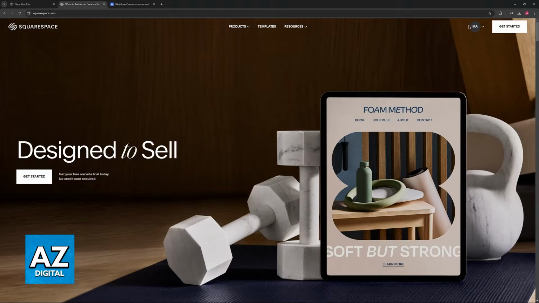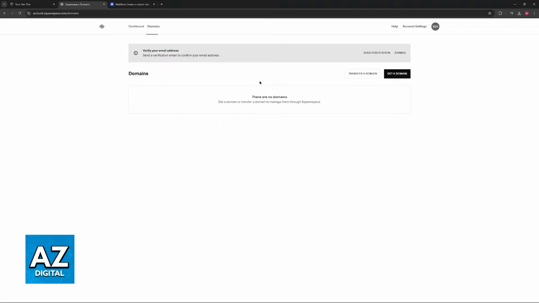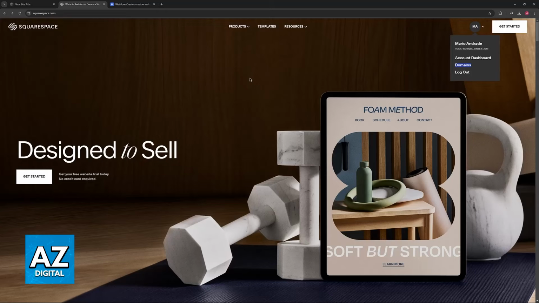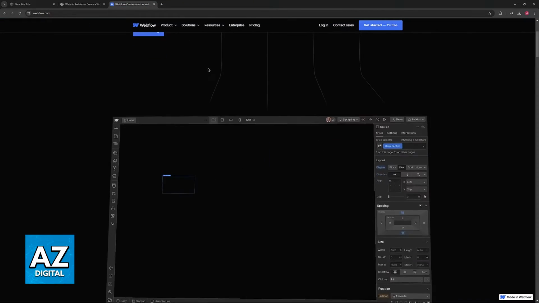On Squarespace, you can go over to your domain management page or your domain portfolio, find a comprehensive list of all the domains that you own, and you will be able to disable the transfer lock and acquire the authorization code. These two steps are mandatory to transfer your domain, not only from Squarespace but any other service, to another one. So is it possible for you to do these steps and transfer the domain from Squarespace to Webflow?